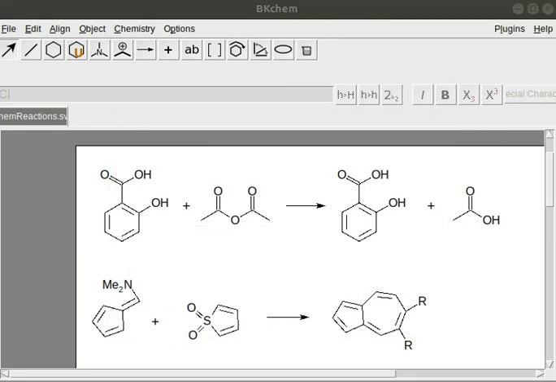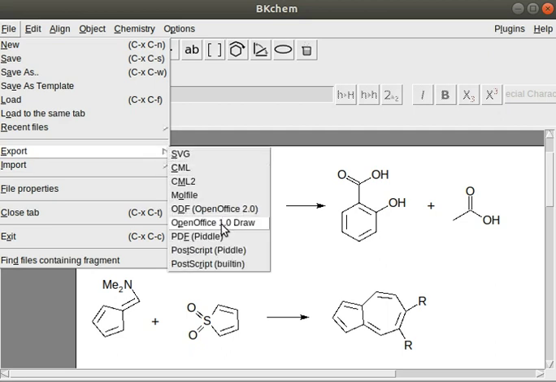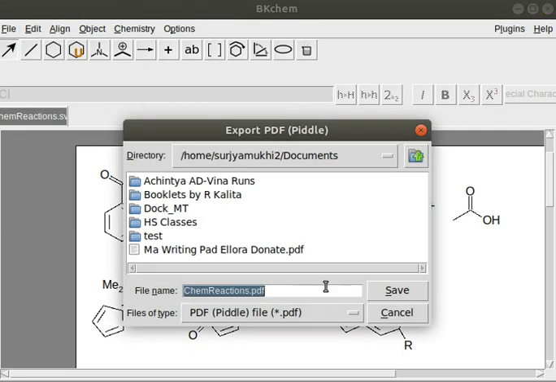There is some error, it seems. Sorry, why did this error come? Export. Let us try again. Documents.